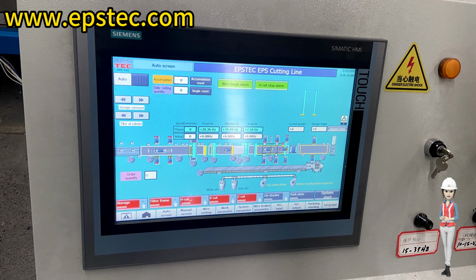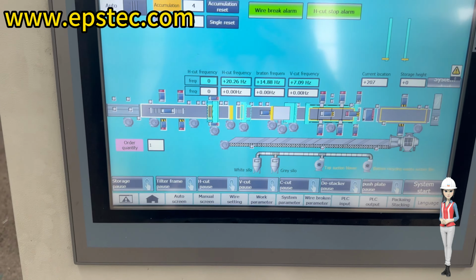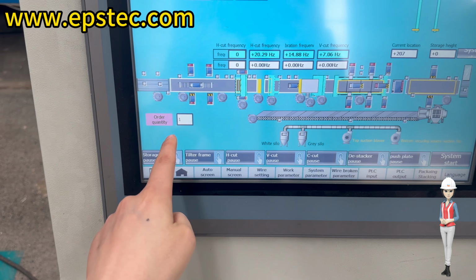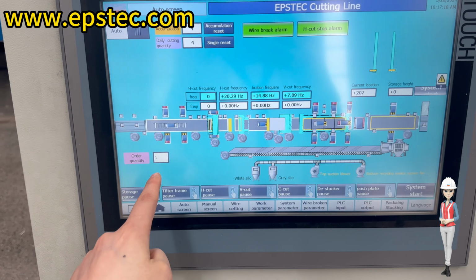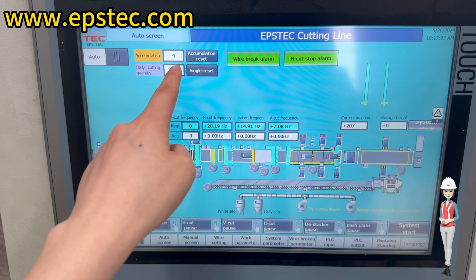The fourth part is the setting of the cutting quantity. There is a setting for the cutting quantity in the lower left corner. For the same batch of EPS blocks, we only need to enter the block quantity. In the upper left corner, there is the quantity of EPS block cut on the day and the cumulative quantity